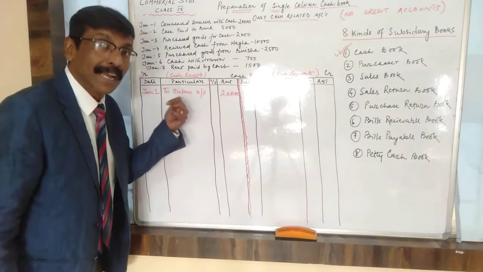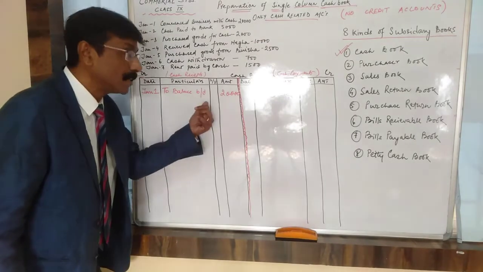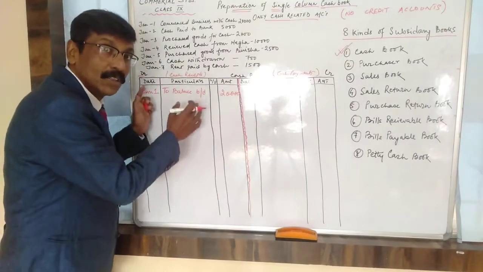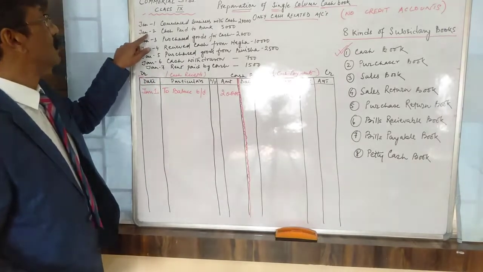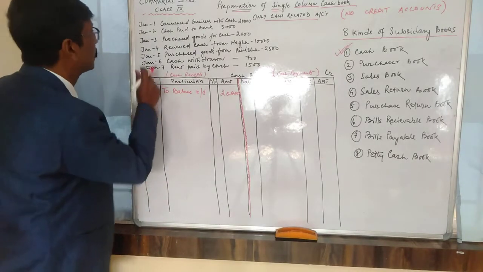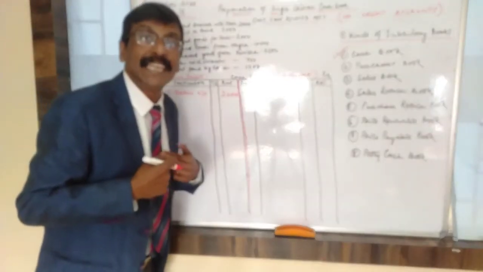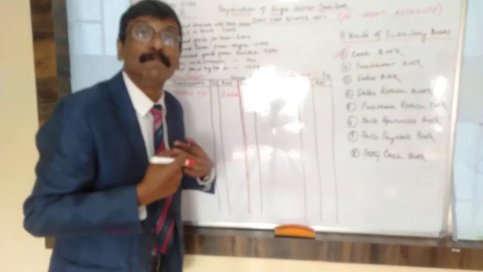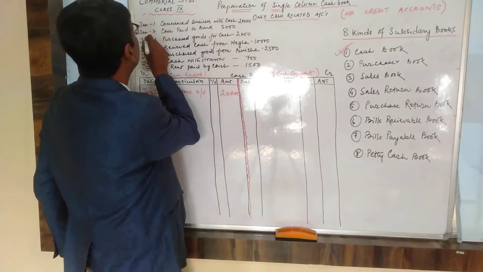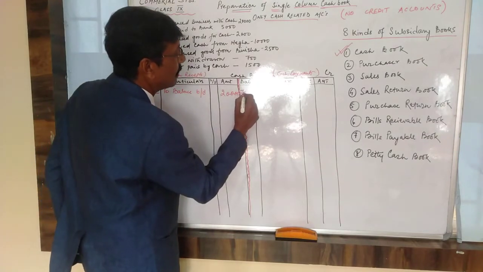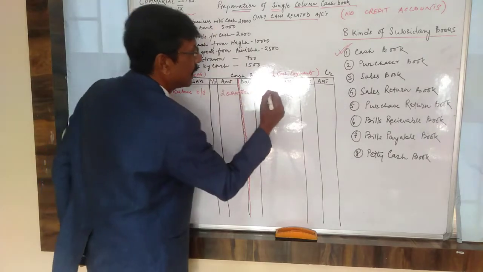Always, the opening stock and capital will be written in the cash book as "To balance brought down 20,000", always on the debit side. Understand this formula. Number 2, January 2, cash paid to bank. I have paid cash to bank. That means I have made a payment. That means the entry is on 2nd January, all payments by bank.